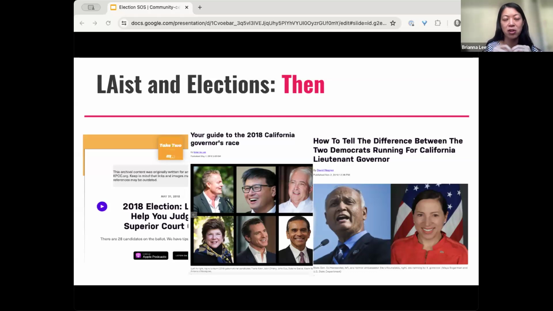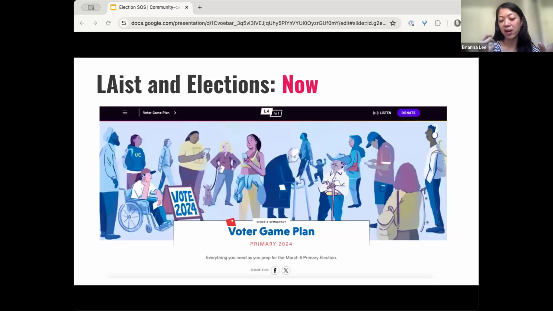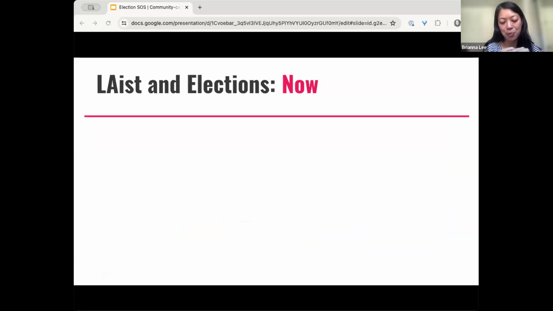Eventually it started informing a larger overhaul in our strategy, which we finally got to do in 2022. A couple of things happened that gave us the opportunity to revamp our entire strategy. One being that my position was created as civics and democracy producer, and the other was that we made a commitment to shift from talking about politicians to talking about voters and focusing on what voters needed. And so this is what our strategy is oriented around now.